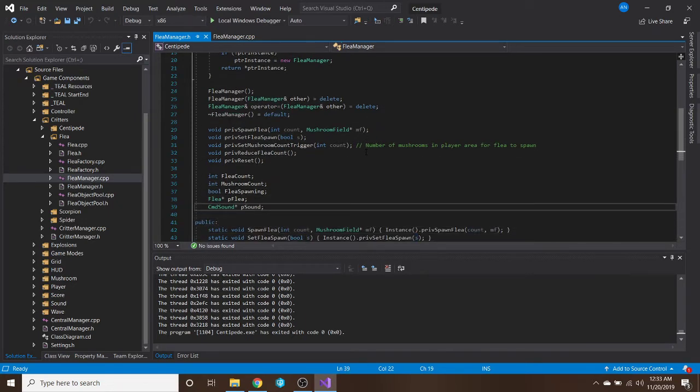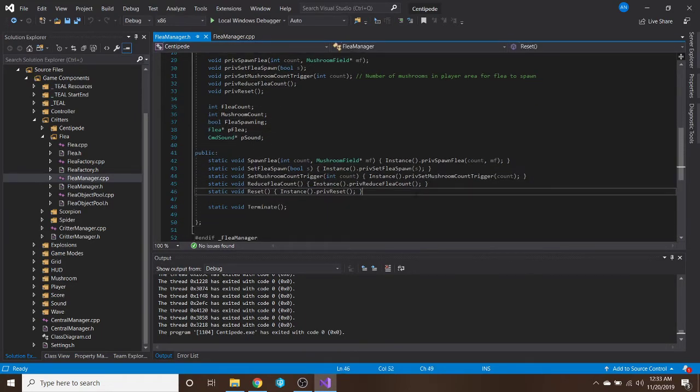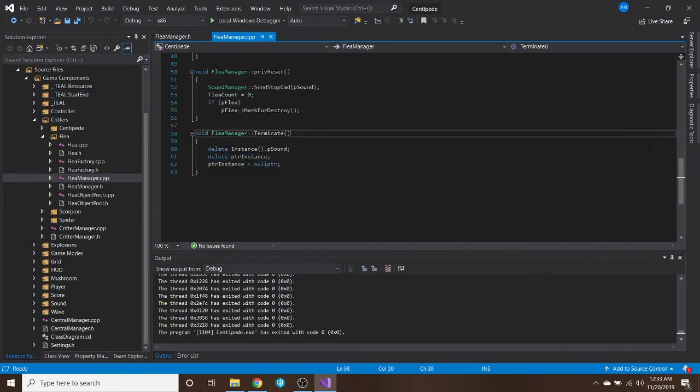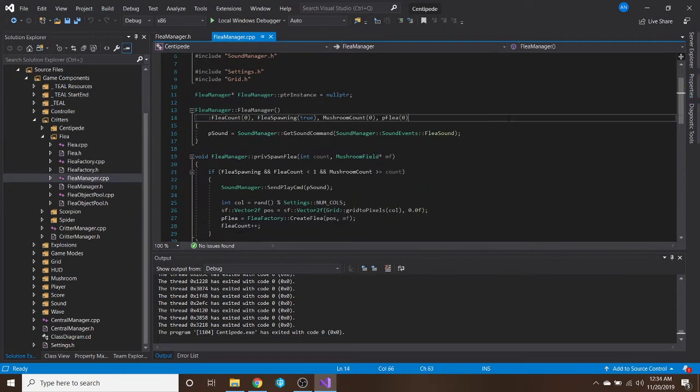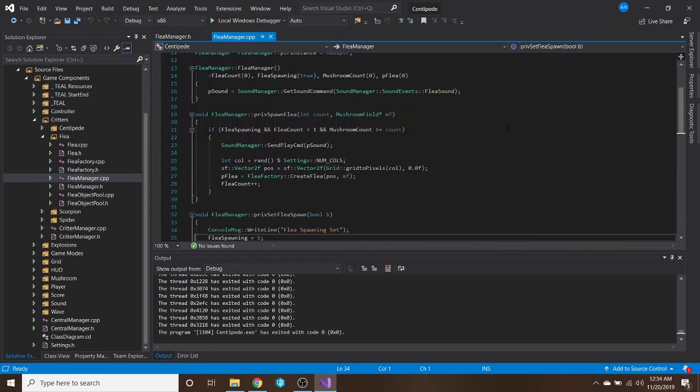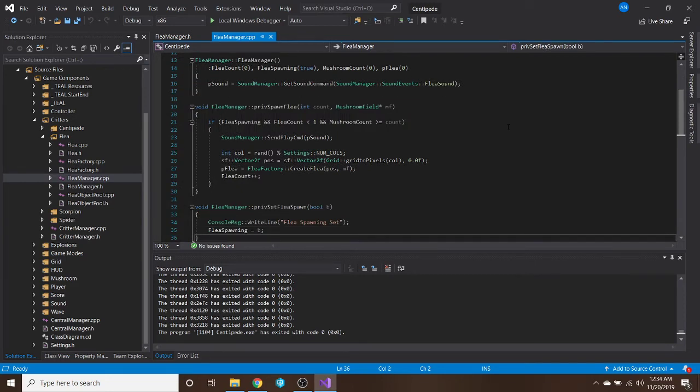Then here are the variables for the sound command, and a pointer to keep track of the flea that is on screen. And then here are just the variables for the flea count, mushroom count, spawning. Here are the static functions. When the manager gets created, it gets the sound command. When it gets called to spawn a flea, it is given an int and a pointer to a mushroom field. The int is the mushroom count trigger for the flea to determine when it'll spawn,